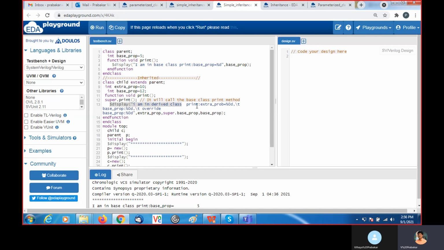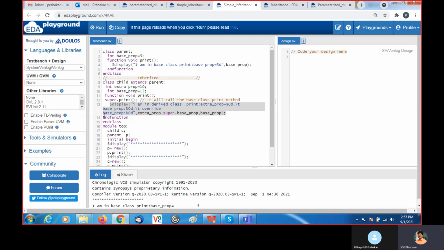Then after that line, with the help of dollar display, I am printing that I am in derived class print extra property. This value, extra property, is 10, and the base class property here is 12 and slash t.